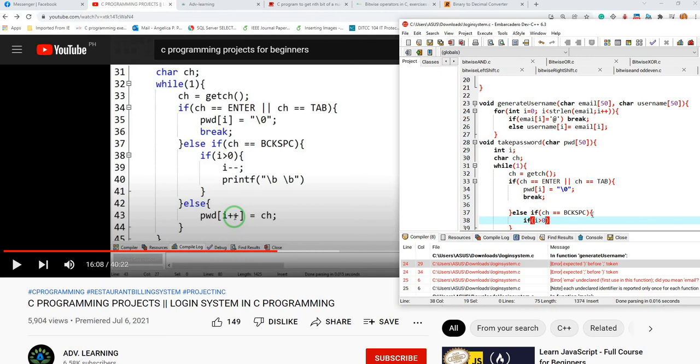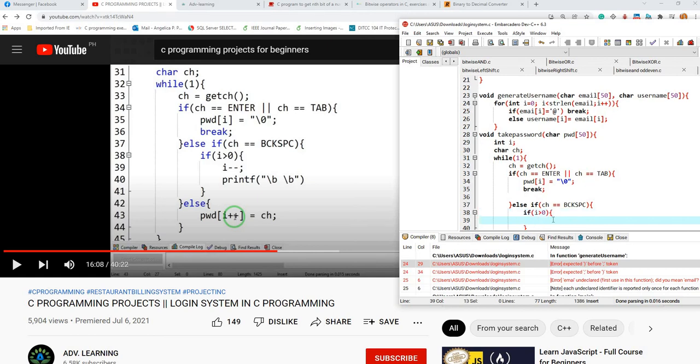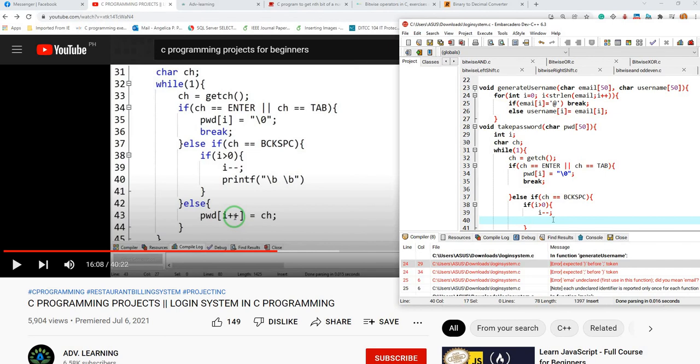Yung ating inaral, pasok na pasok doon sa ginagawa natin ngayon. Curly brace. Okay, I is not equal, hindi, less than. Ito ay decrement siya, and then